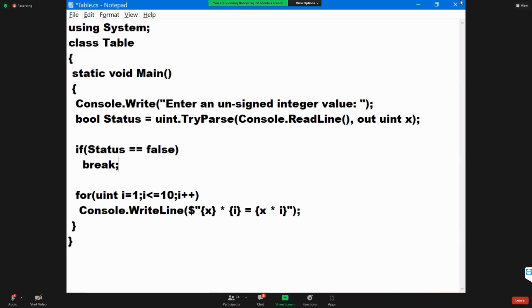Got the point? Can I just use continue? No. Continue also cannot be used. Why? To use continue also you require a loop. One thing we got clarity on: goto can be used, break and continue cannot be used. But the correct statement you use in this case is return. When I say return, control